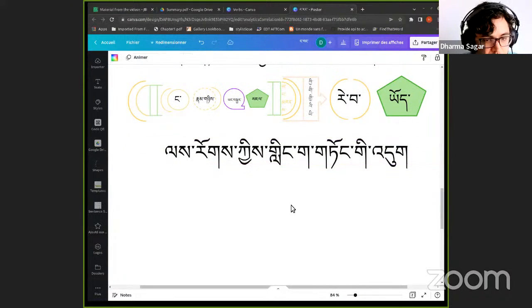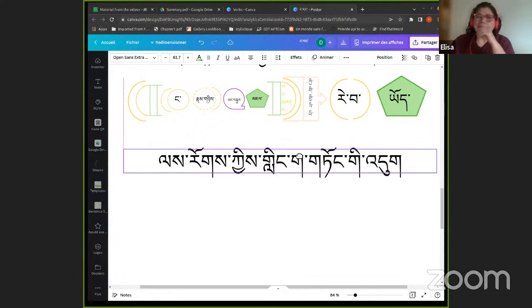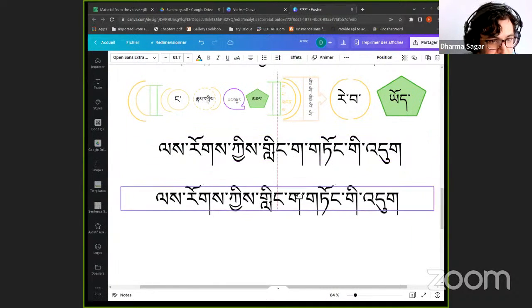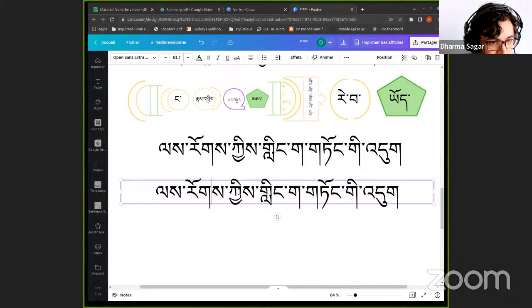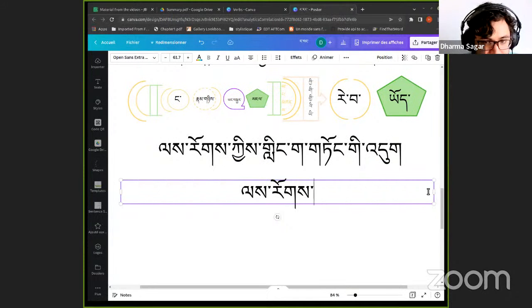I still don't understand well what's happening. Yeah, I saw the picture, but I don't know. Okay, so let's do the same thing that we did. First we identify which are the components of that sentence.